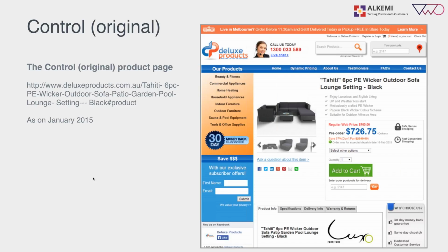The first page, and this is what we call the control, is what the page looked like back in January 2015. And you can see it wasn't a horrendous product page by any means. I mean, it had a lot of the key things you would typically see on a product page. If anything, it was a little cluttered,